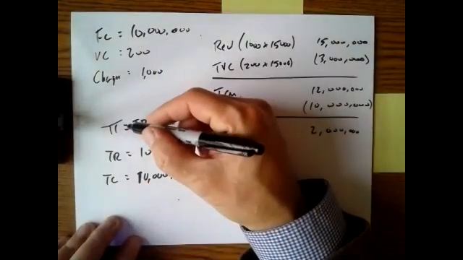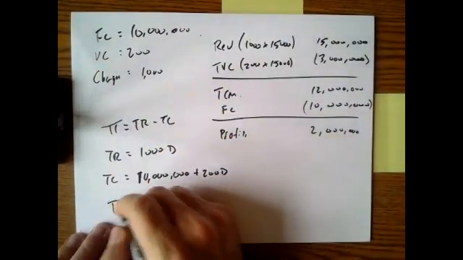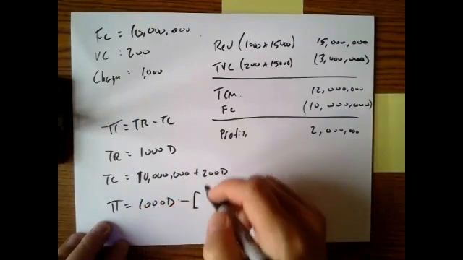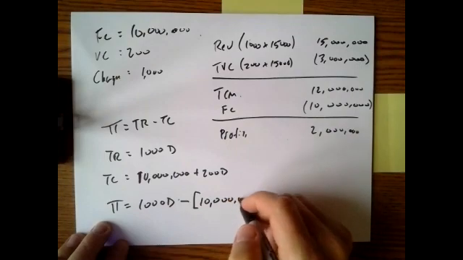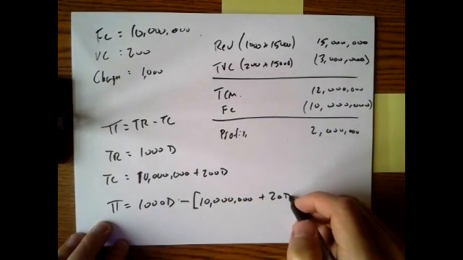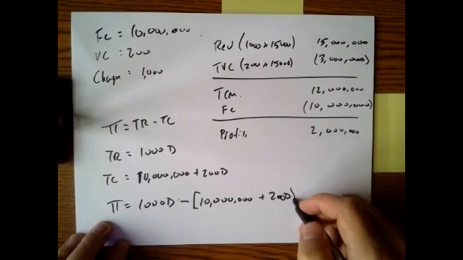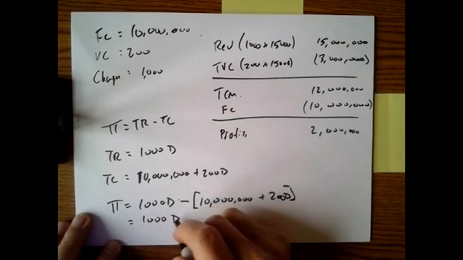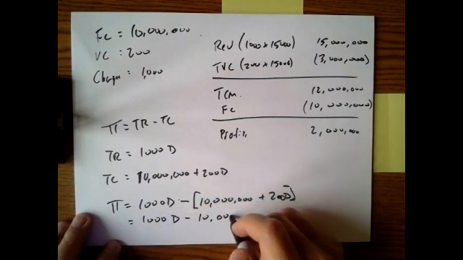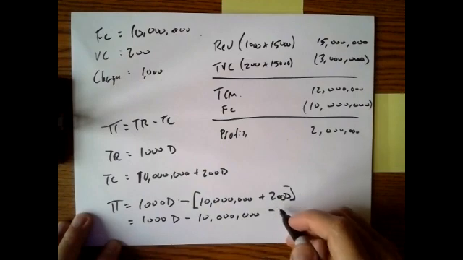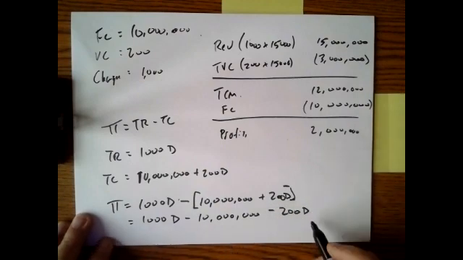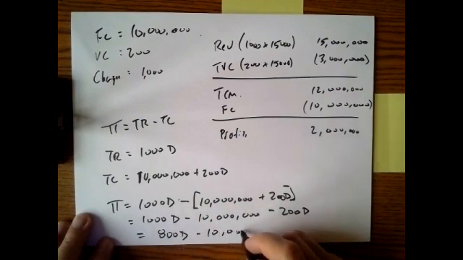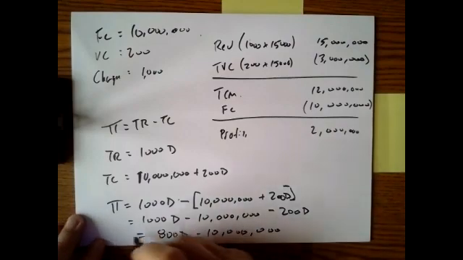So profit is total revenue of 1,000 per day minus total cost, which is 10 million plus 200 times D. Distributing the negative, I get 1,000 per day minus 10 million minus 200, and then I can consolidate terms and get 800D minus 10 million. So that is our